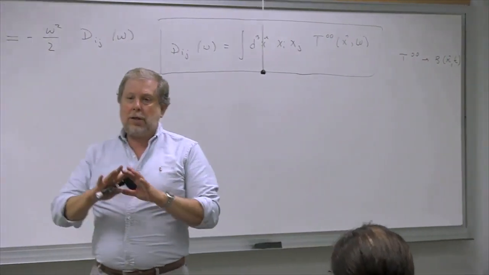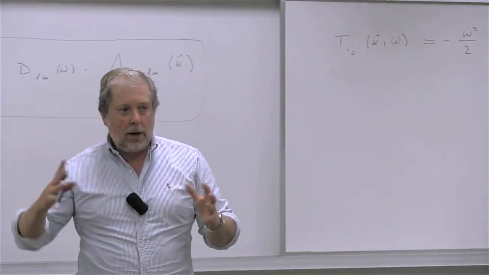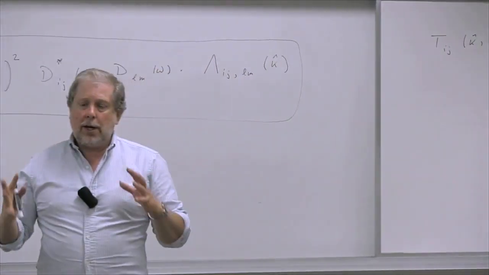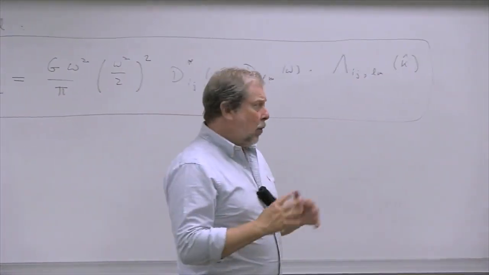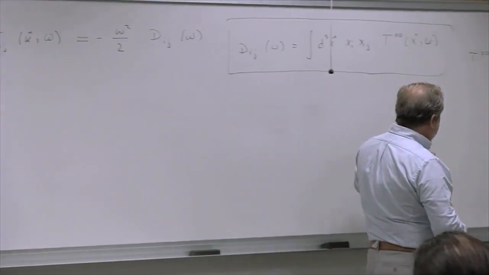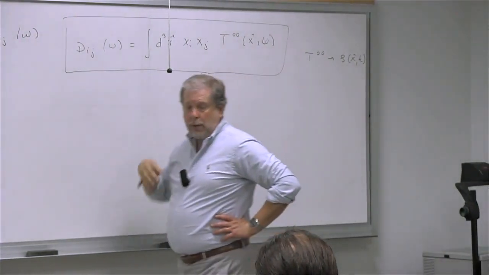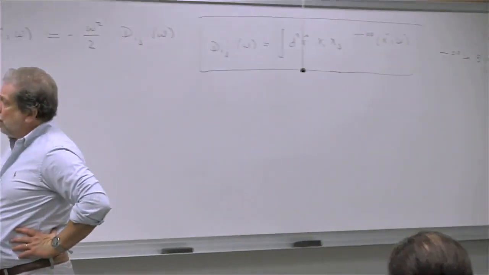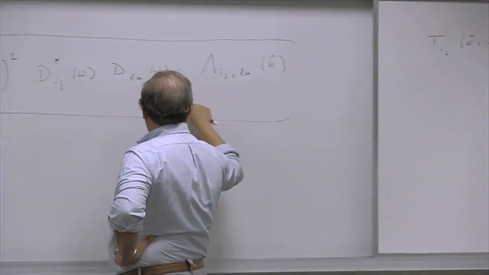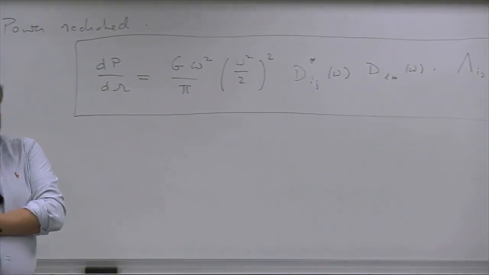The T^00 is essentially the mass density. That mass density is going to change around a little bit. The object will fluctuate in size and shape. And so it's a matter of doing a Fourier transform, both in the time t, right? And then doing this integral, which evaluates the quadrupole moment of that. And then you square it, right? And you put it in here and multiply it by that other mess,